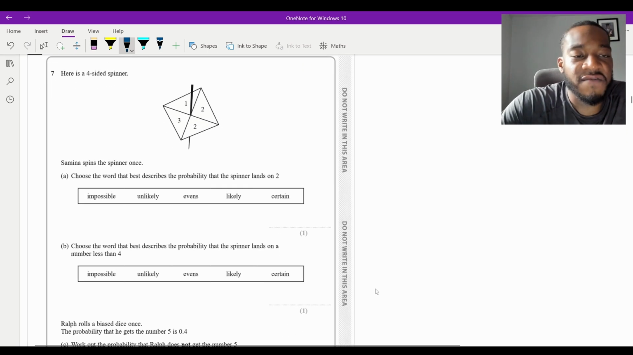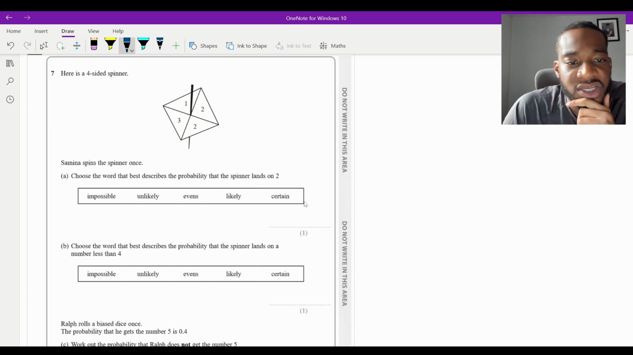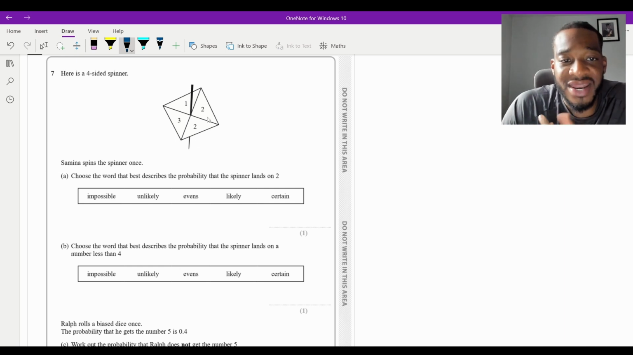Question 7 says, here is a four-sided spinner. Samina spins the spinner once. Choose the word that best describes the probability that the spinner lands on 2. Now, we're looking for a probability. If it lands on 2, how many possibilities are there for a 2? There are 2, right? How many total outcomes are there? There are 4. So the probability of it landing on 2